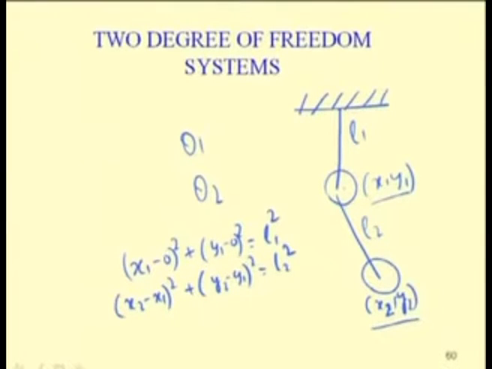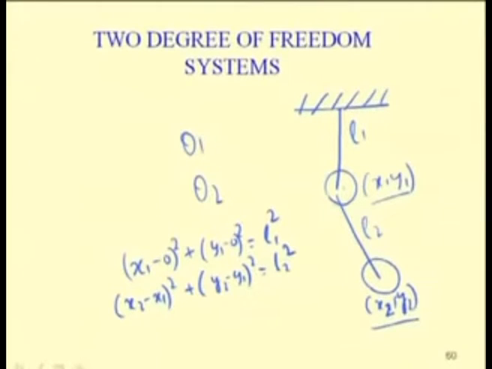So, to find the equation of motion, either one can use Newton's second law or D'Alembert principle, find the acceleration at this point, find the acceleration at this point, and then find the equation of motion using Newton's principle. Otherwise, one can use the Lagrange principle or Hamilton principle to derive the equation of motion. So, in this case one can see the equation of motion for mass 1 and mass 2. So, one will have 2 equations of motion, and these 2 equations of motion one can write in this form.